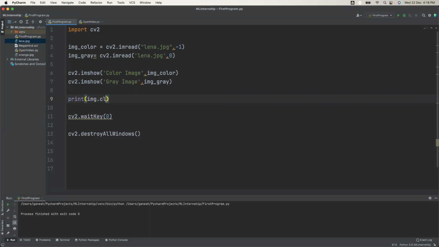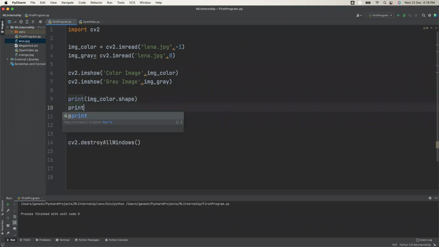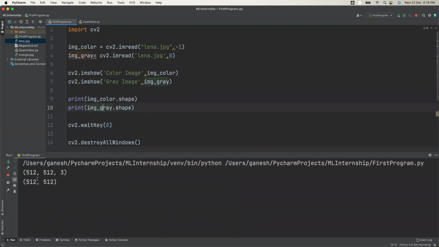print img_color.shape, and print img_gray.shape. When I run it, let's see what the output is. You see here, the color image has the shape, or dimension, 512 by 512, and 3 channels.